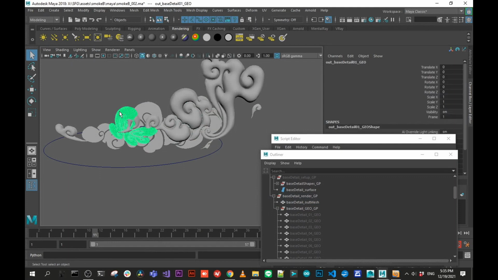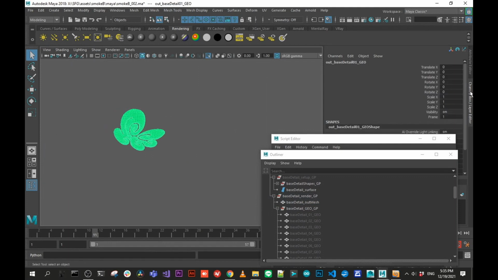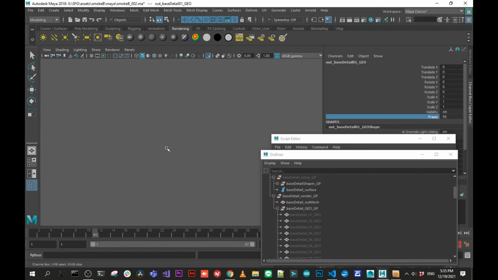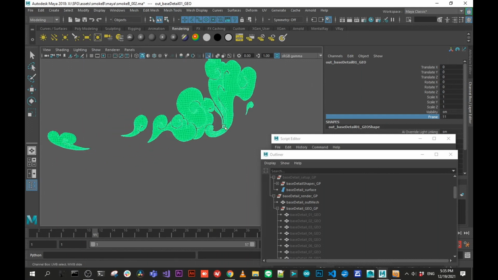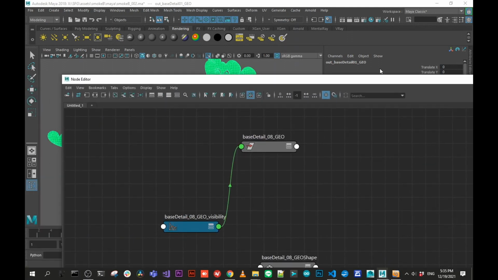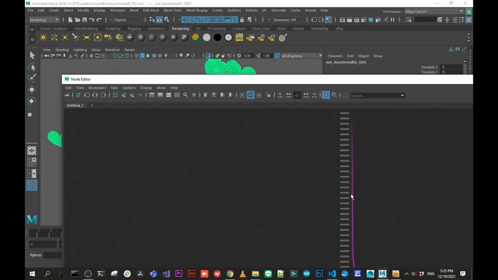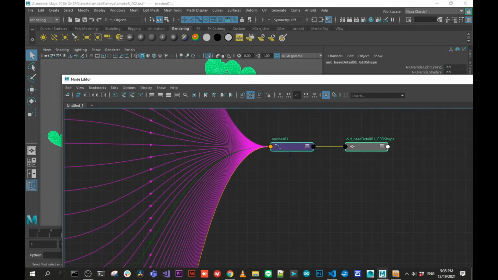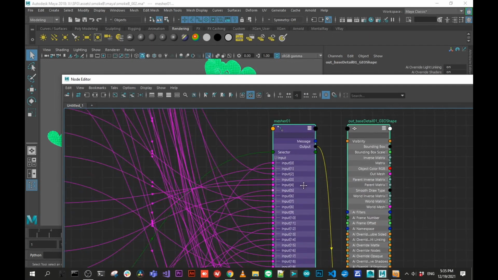So if we grab this guy and just isolate it, you can see we've got a piece of geometry with a frame attribute, and as I scrub through it, it animates. That is exactly what we want to have. And there's one more thing that this guy does that I want to mention. It's that Alembic has a tendency to not like it if a frame of your cache has nothing inside of it. So this guy takes everything that's outside of the mesh,